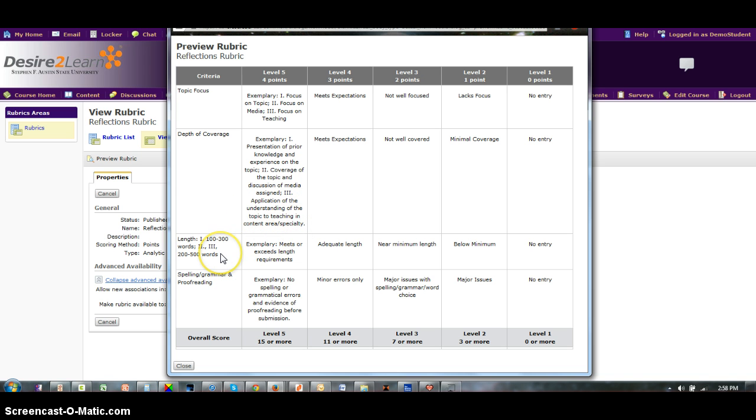The third criteria is just the length of your posts. The word lengths are in the top discussion description. So for the first part, it's 100 to 300 words. And for the second and third parts, it's 200 to 500 words. So depending on basically just the length of your entries, that's one of the criteria there. And then the fourth criteria is